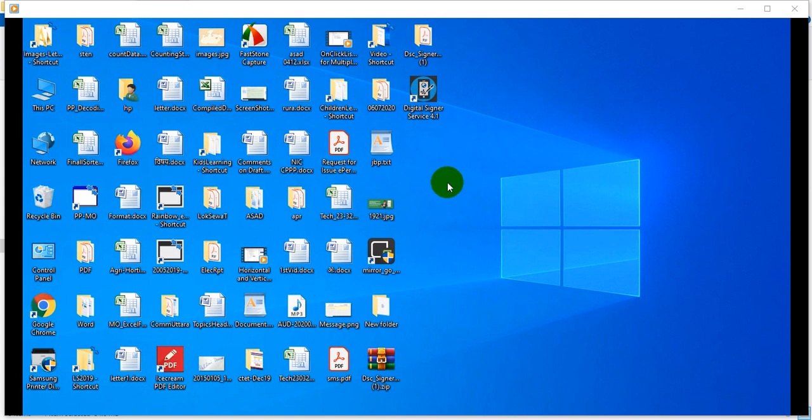So till now we have seen from where we need to download the digital signer service setup for our computer or laptop, what other software and setup is required for installation, some information about 32-bit and 64-bit, and how to run digital signer service in our computers.